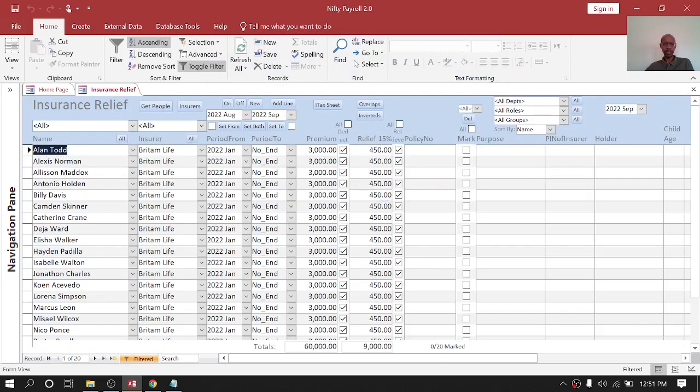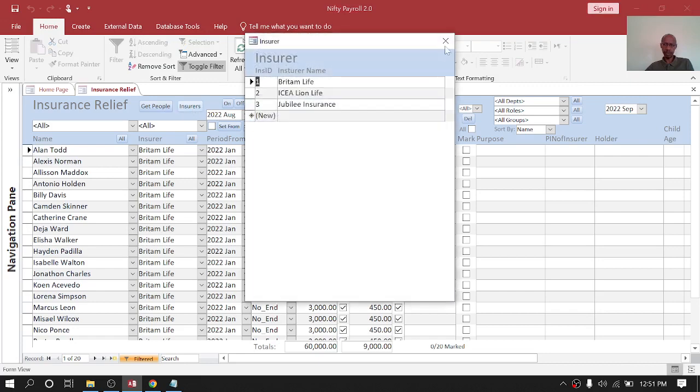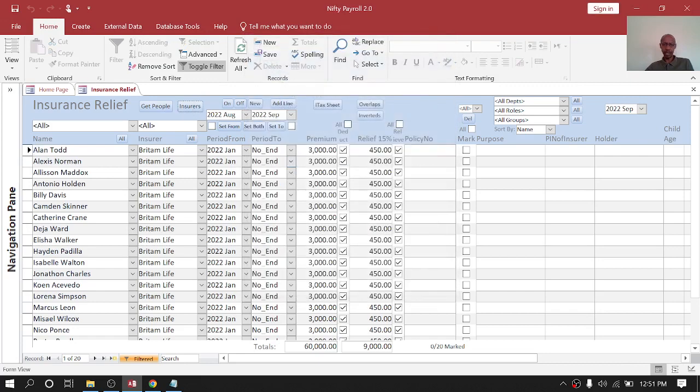Insurance relief, so name, the insurer, again you can put your own insurers in here, period from to, and then you say what's the premium the person is contributing. Do you want to deduct it? In the case where the organization deducts the premiums and pays directly to the insurance company, you would tick, and then the relief